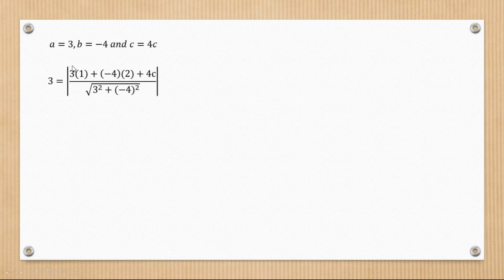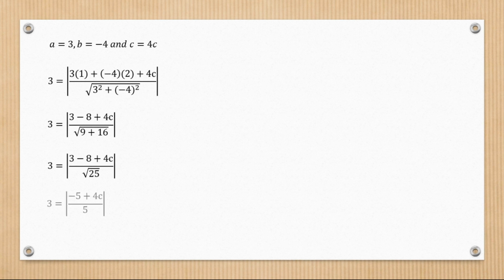But remember, the center coordinates, the x and y, shall be 1 and 2. So simplify this further, and I'll have negative 5 plus 4c over 5. And then I can actually pull out a negative, and I'll have negative into 5 minus 4c. Now in this case, since we have this modulus sign here that actually eliminates a negative and a positive,